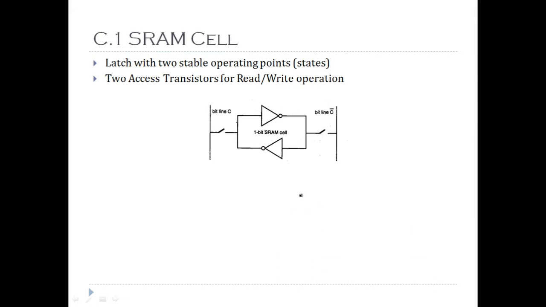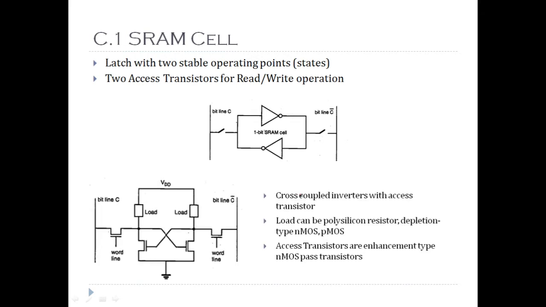Now this SRAM cell consists of inverters, so we can draw a generalized diagram for an inverter. An inverter basically consists of a transistor and a load device. So there are back-to-back connected, or cross-coupled, transistors. The output of this is one inverter, this is another inverter. The output of this inverter is connected to the input of the other inverter, and the output of that inverter is connected to the input of this inverter, exactly as shown in the above circuit.